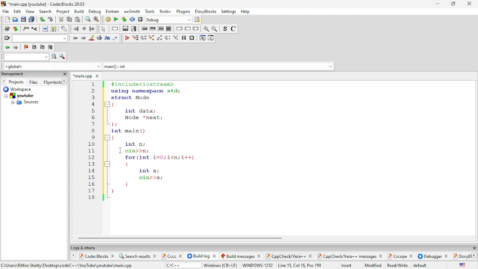I will ask the user why it should be int, because they have given this int. The data should be of int type. You can't mix other data types. Okay, I have given this, and in order to create a